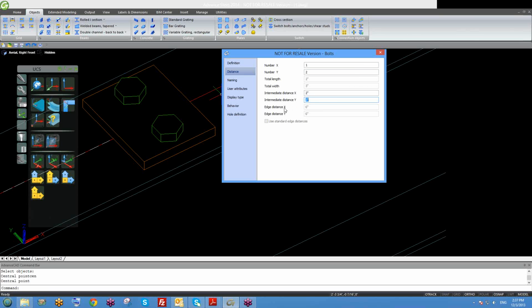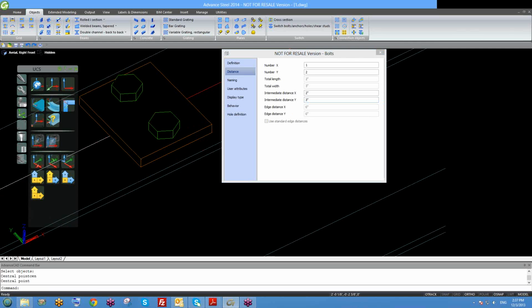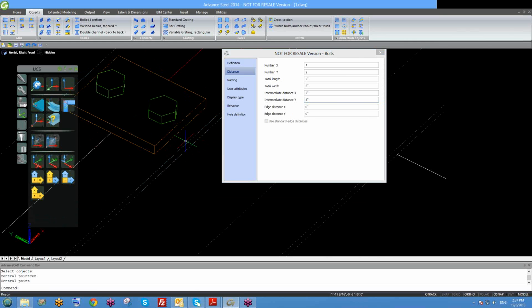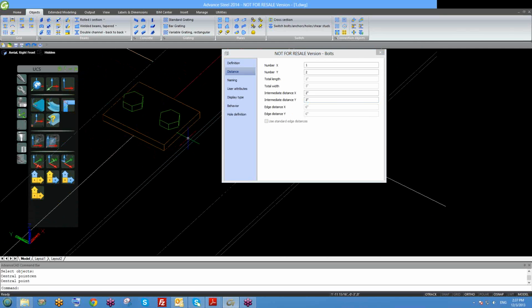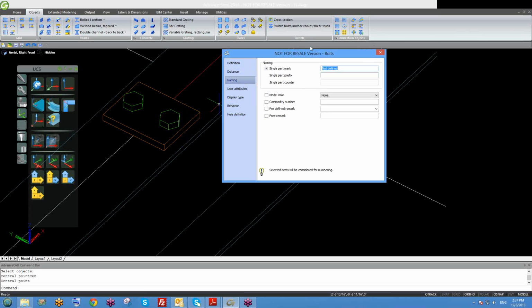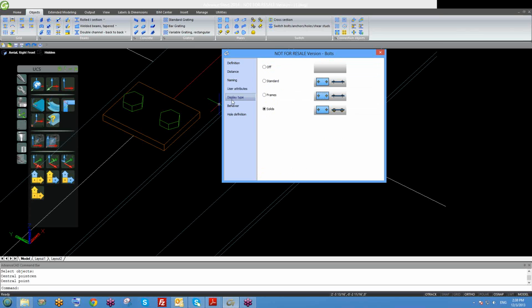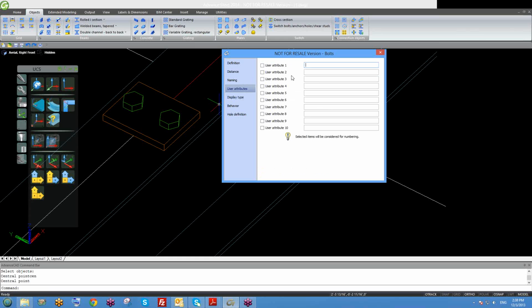So at the moment I have this edge X and Y gray out because I have just 2 bolts. Naming, don't worry about that. Don't change it. The same parameters, user attributes,